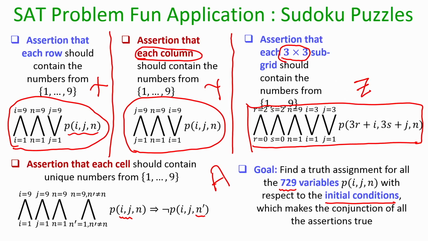Those cells I cannot fill with any other value. Apart from those propositional variables, I have to find a truth assignment for the other propositional variables so that the conjunction of x, y, z and A becomes true. That means now I have to verify whether this compound proposition, which is the conjunction of x, y, z and A, is satisfiable or not. So now you can see that an instance of the Sudoku puzzle is reduced to an instance of the SAT problem. If this expression is satisfiable, that means the Sudoku puzzle problem instance that is given to you is indeed solvable, otherwise it is not solvable.